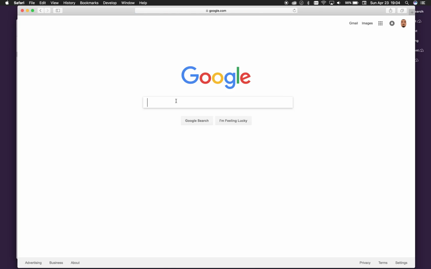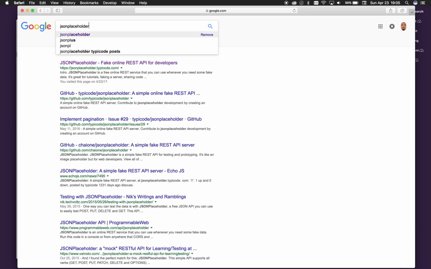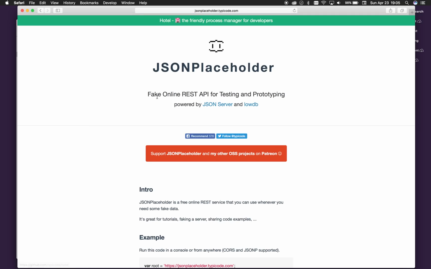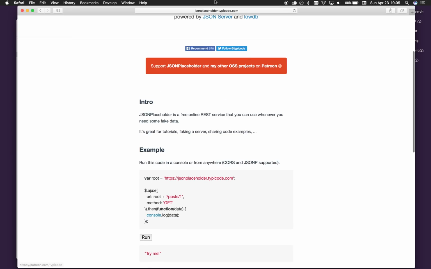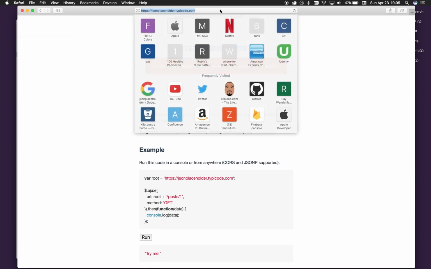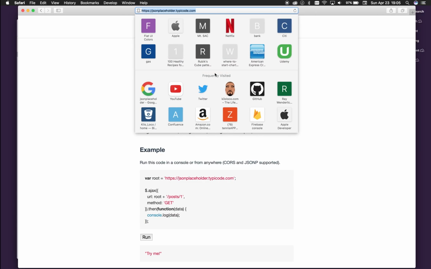And all you have to do to follow along is just do this, or you can get the source code from GitHub. But all I'm going to do is type in JSON placeholder. That's all I'm going to do, this one right here. It's going to be the first one at the top, jsonplaceholder.typicode.com. You guys saw it. So all I'm going to do is copy the URL,